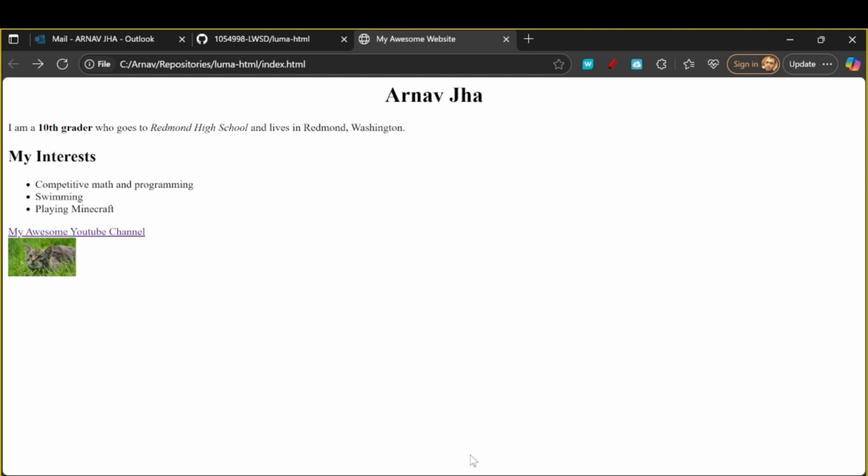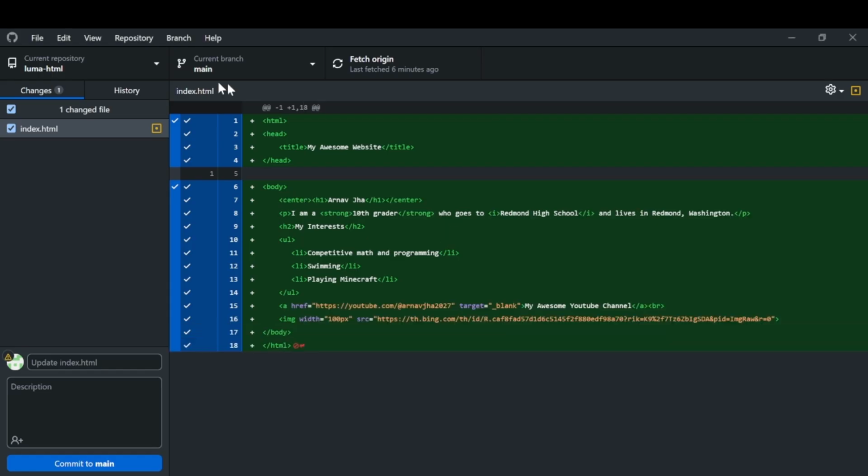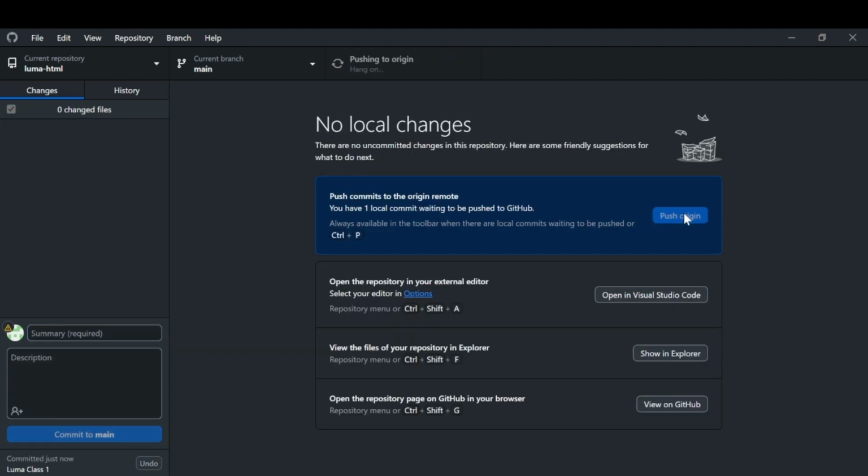So that will end our actual HTML for today. This is lesson 1. But now if you go to GitHub Desktop, you'll see that all your changes are updated here. So what you'll want to do is give a message, right? Luma class 1. And then you'll want to commit this. And basically, once you push this to the origin,